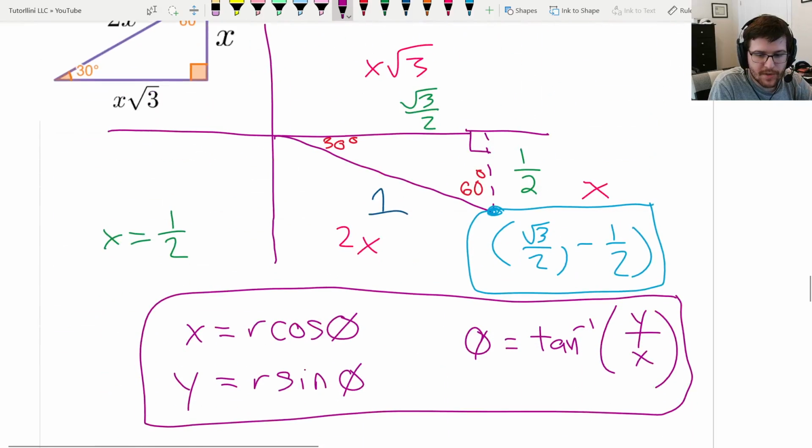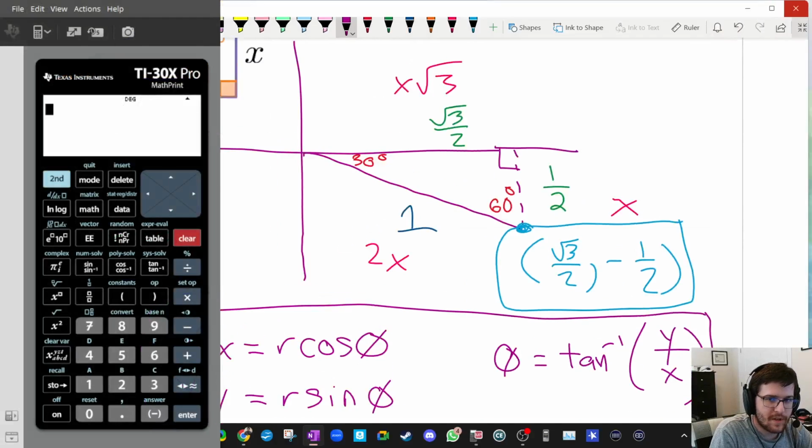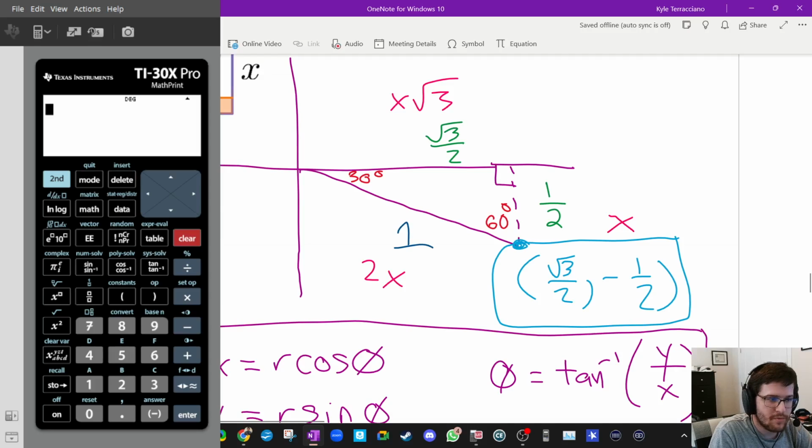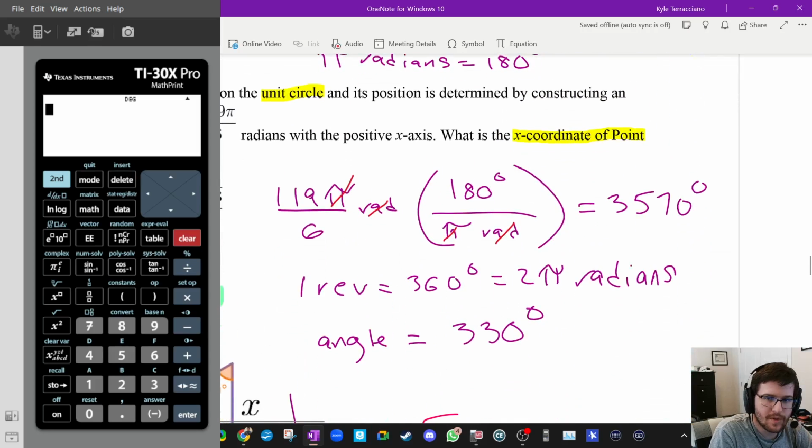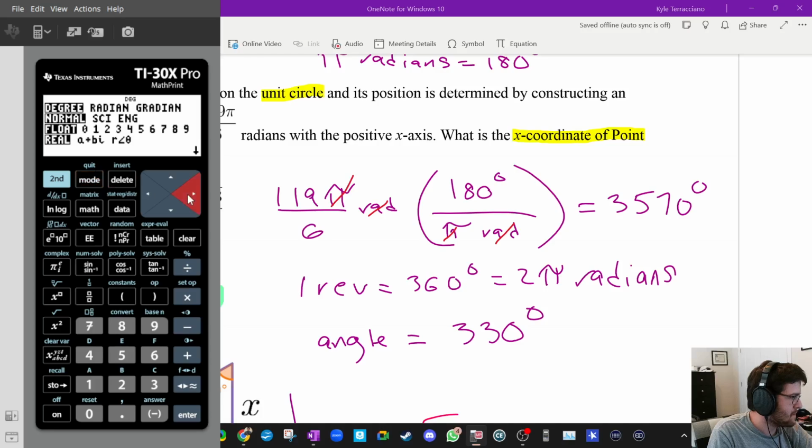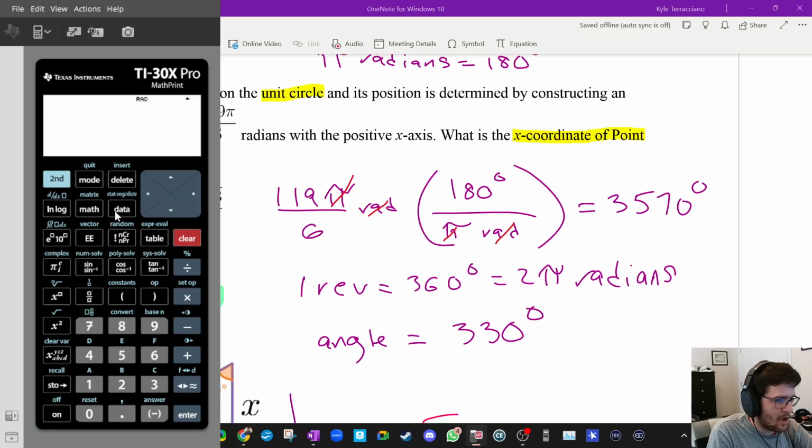Great, so let's kind of switch gears here. Let's pull this up. So we're going to do 3570, we said. Let me make sure I'm in degrees. I'm in degrees. You could do it in radians as well, honestly. Why don't we do that just for the sake of, let's see how well this actually helps us. I'm going to switch it to radian. And I'm going to do r, which is just 1. So 1